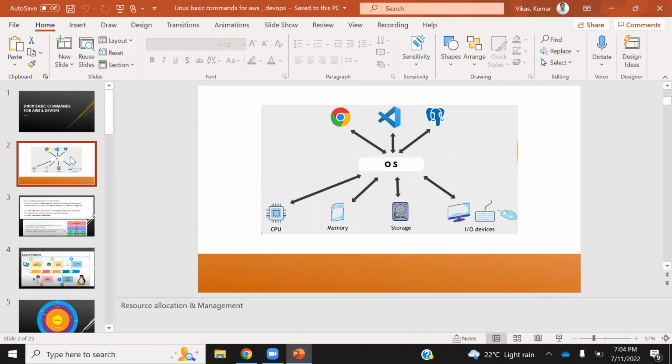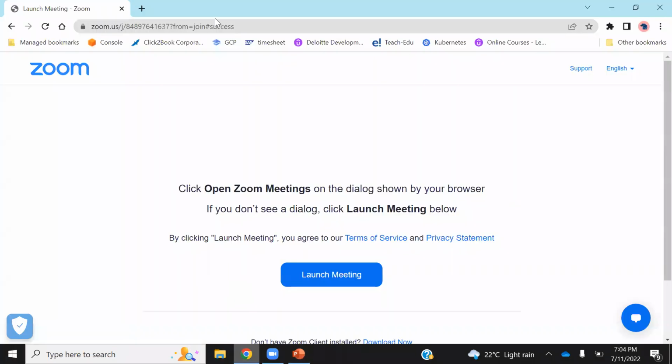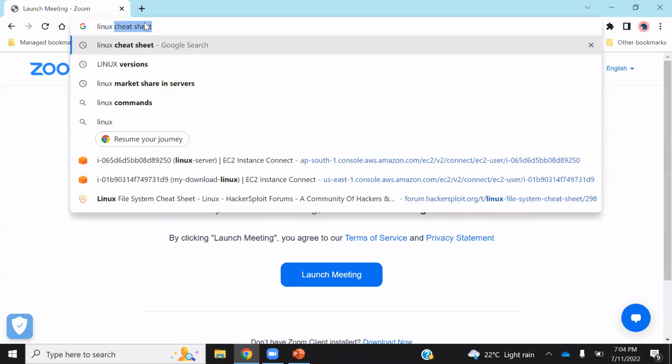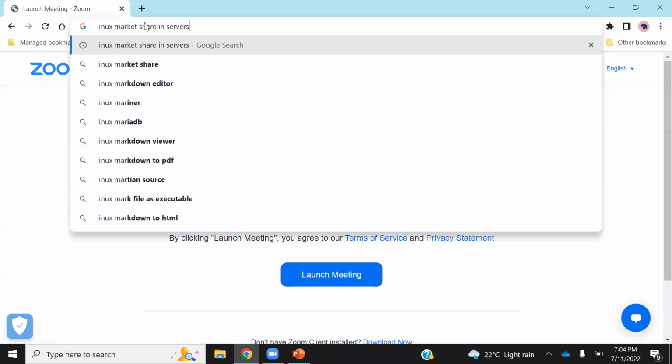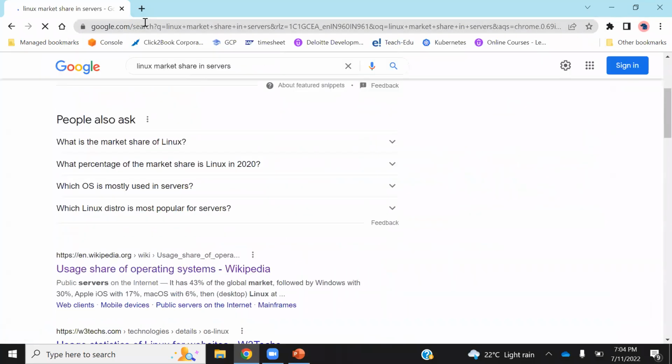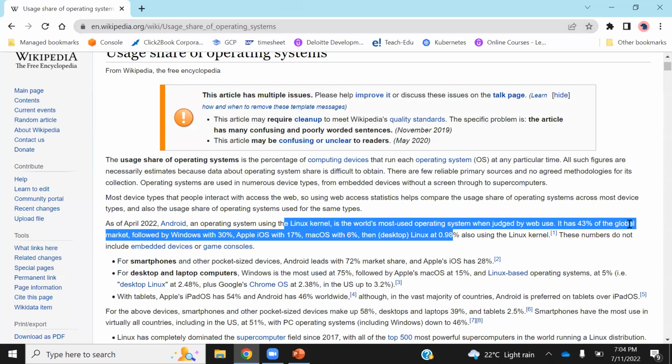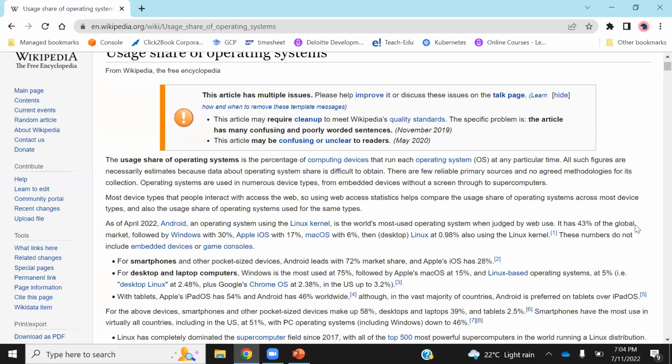Now, as per the market share, Linux is the most widely used operating system for servers. So when I say Linux market share, when it comes to servers, you will see there is a good amount of servers which are running on Linux. So on cloud, we will be talking about Linux. You can see here, the Linux kernel is being used by 43% of the organizations.